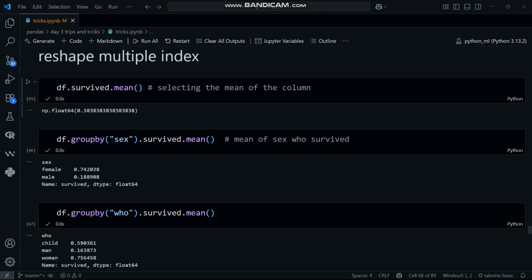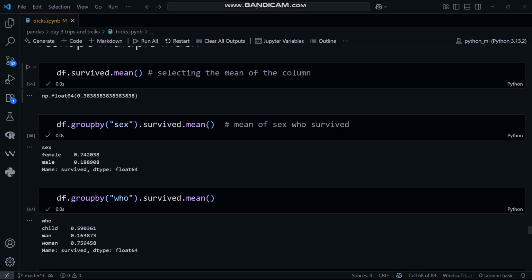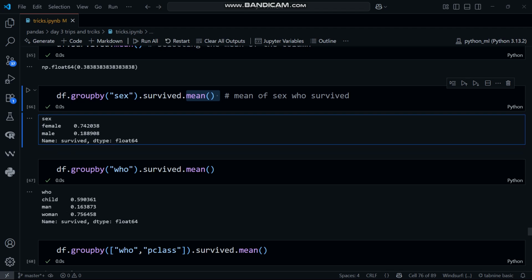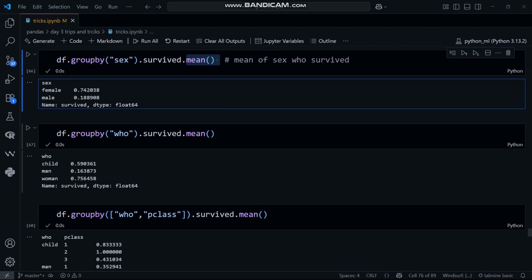You can check out the mean of how many people survived. So 38% of people survived. Okay, we can group by on the basis of sex, means how many females and how many males survived in this period, and take the mean of it. It will tell you 74% of females survived and 18% of males survived, and this is what the